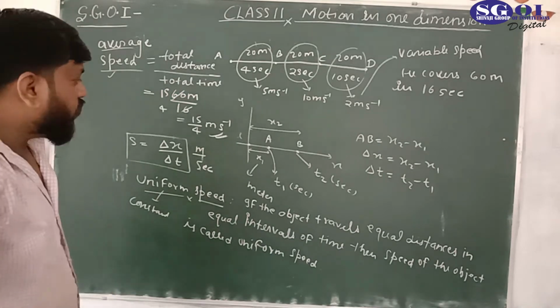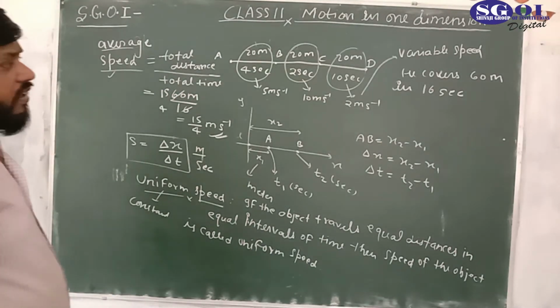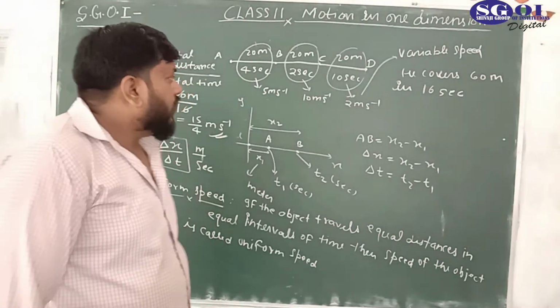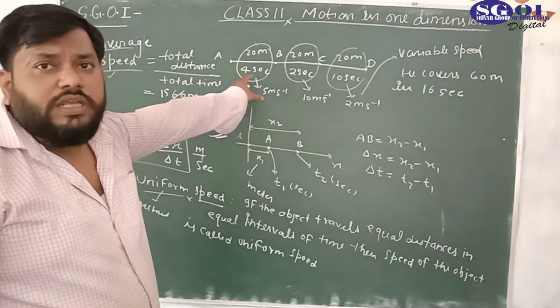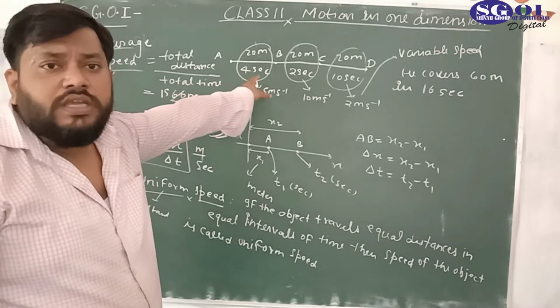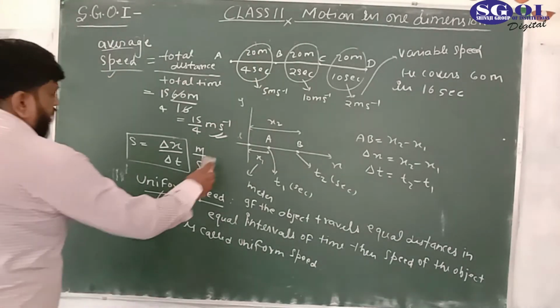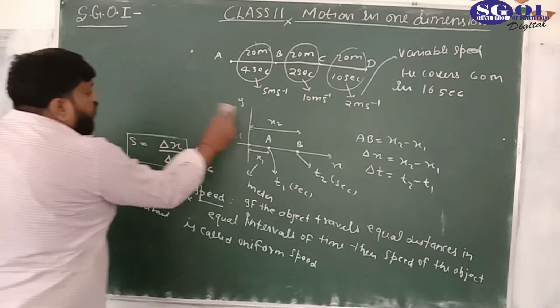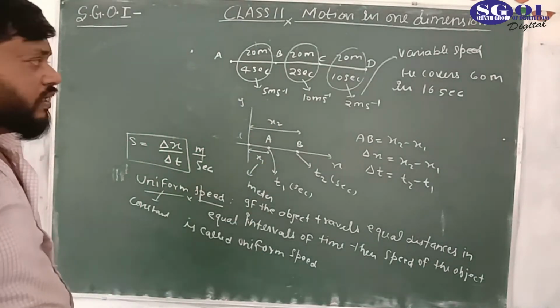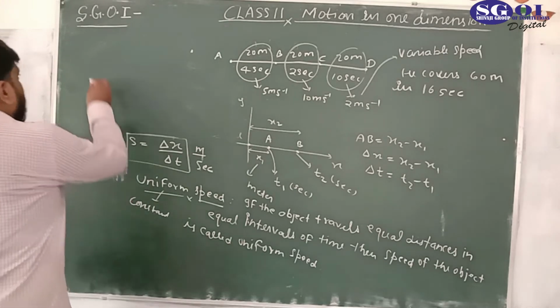Now we would talk about whether the speed can be negative. No. If there is a motion, the speed cannot be zero and it cannot be negative, just like the distance as we talked about in the previous video lecture. Now we are going to find some more important concept: instantaneous speed.